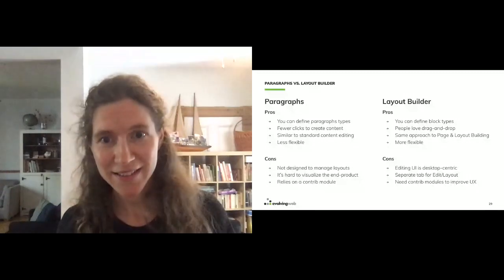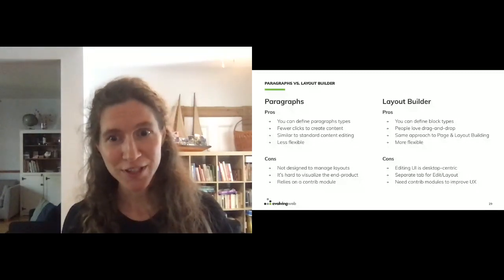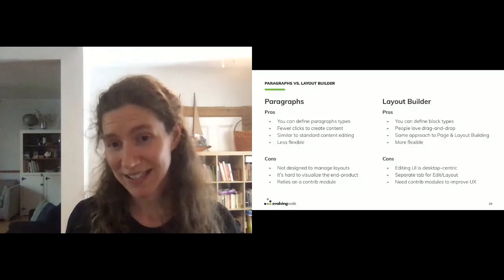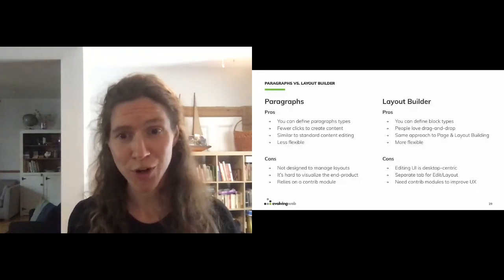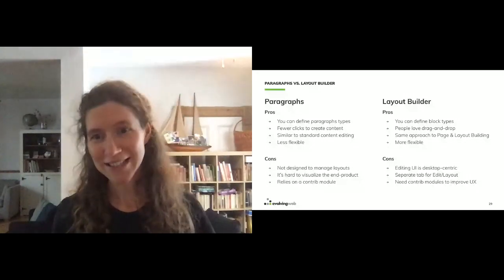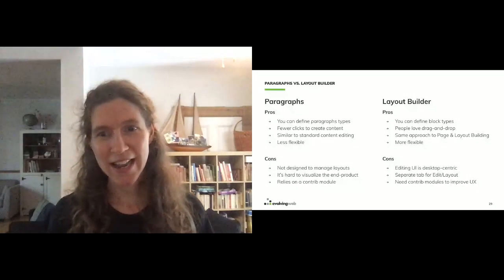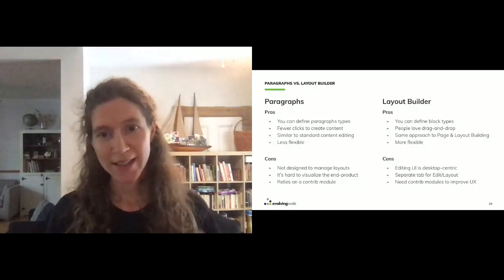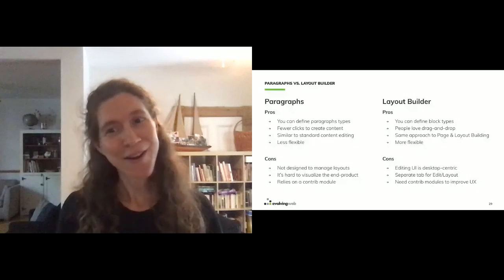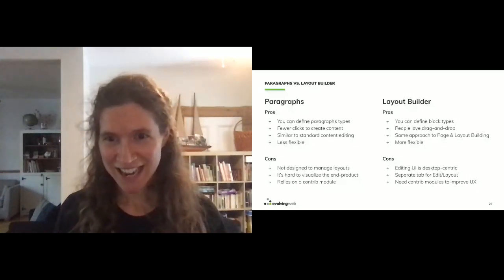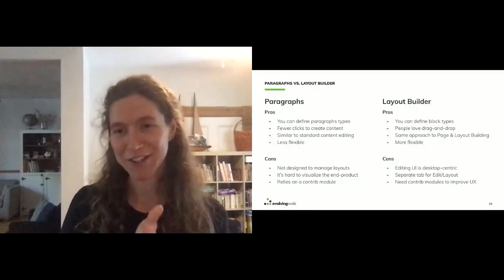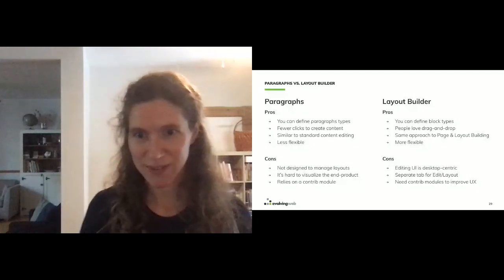And of course, that leads to more flexibility. So the layout builder is, of course, more flexible, and that could be a pro. It could also be nice to provide a less flexible experience because you want your pages to look more consistent. And then the last thing that I would say about the layout builder in terms of positive things, it allows you to use the same approach, all the same concepts for page building as you would for layout building. So I know I said I wasn't going to focus on layout building today, but if you're already using the layout builder to define what all of the recipes on your site look like, wouldn't it be nice if you just could use the same tool for page building?